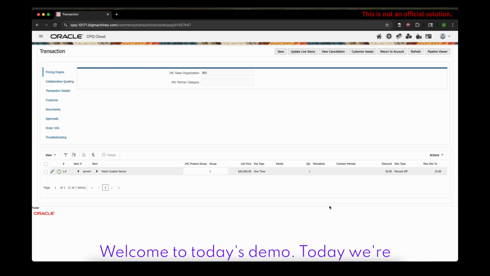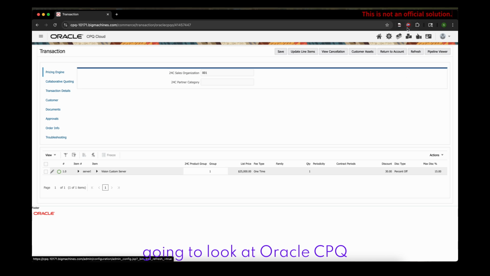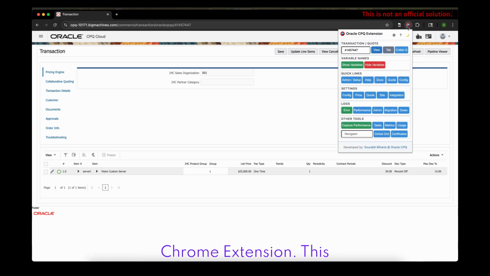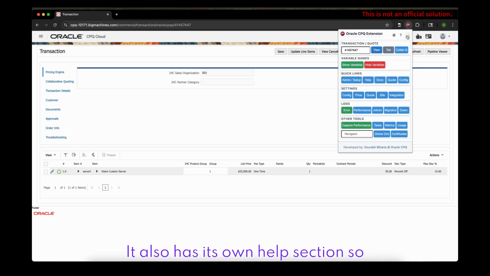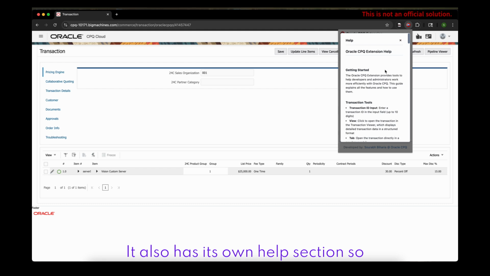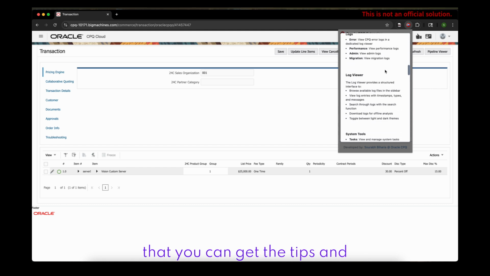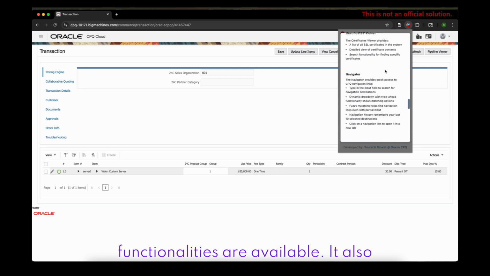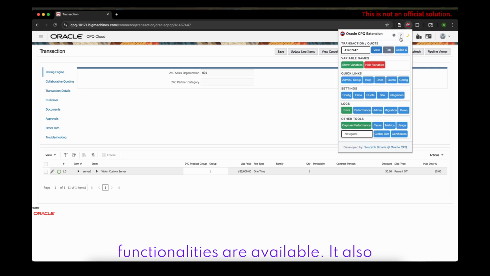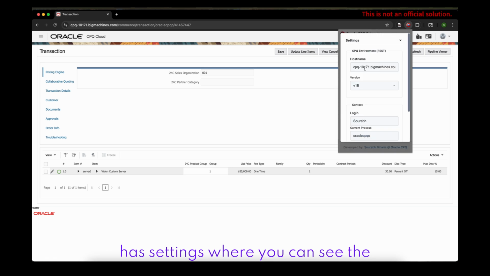Welcome to today's demo. Today we are going to look at the Oracle CPQ Chrome extension. This extension comes with its own settings, for example, light mode versus dark mode. It also has its own help section so that you can get tips and details about what specific functionalities are available. It also has settings where you can see the host name, the version,